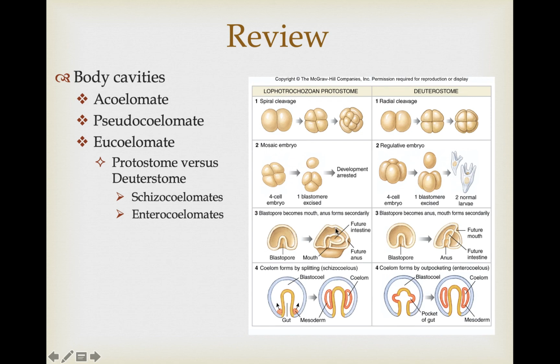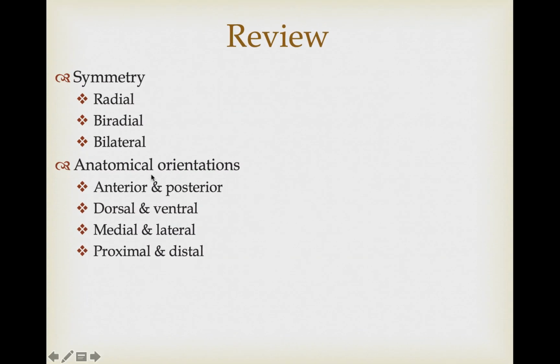The other major difference that the name comes from between protostomes and deuterostomes is what is the fate of the blastopore. It becomes the anus in deuterostomes, the mouth in protostomes. And then again, make sure that you understand the difference between the schizocoelomates and the enterocoelomates to get you this eucoelomate condition. Then we talked about the differences in symmetry in animals,